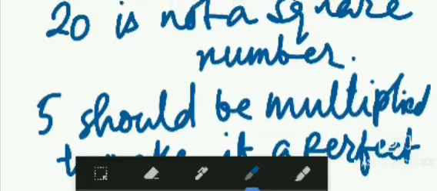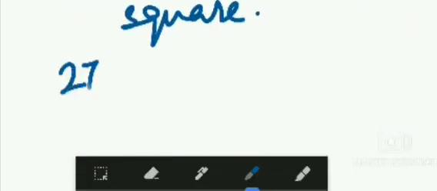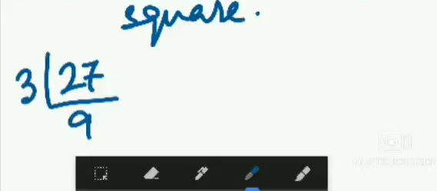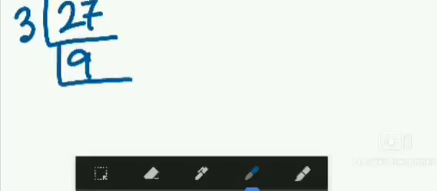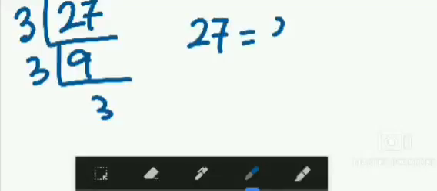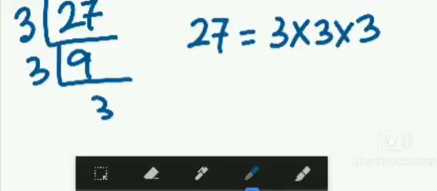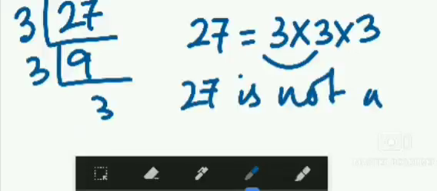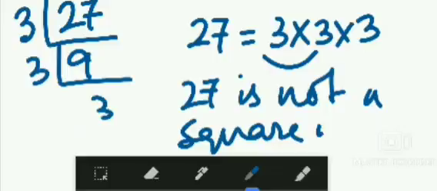Okay, now come to the next, that is 27. You have to factorize the 27 again, and by factorizing it by 3 we will get 9, and again factorize this 9 by 3. So we will get 3 3's. So write down in this way, 3 into 3 into 3. These 3's are in pair, but this 3 is not in pair. That means again 27 is not a square number. So write down, 27 is not a square number.